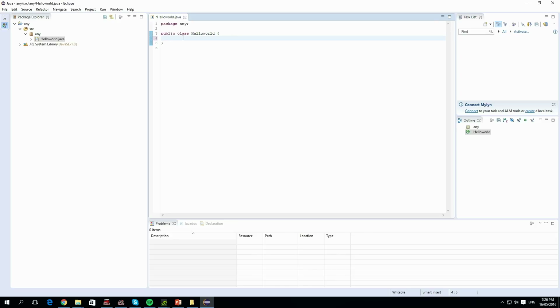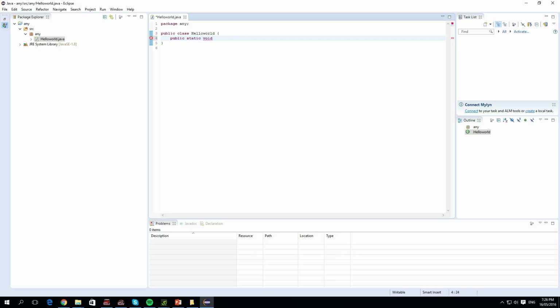Since we have our class declared, we can then declare our first method. So this method is going to be the main method. You must have this in any Java program. This is where the compiler starts off the program. There is a very strict declaration for this method, and you can't really deviate from it. So to declare this method, you go public, meaning it's visible from everywhere, static, which we'll get into later, but there's instance and static types,